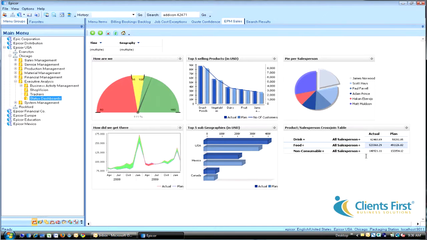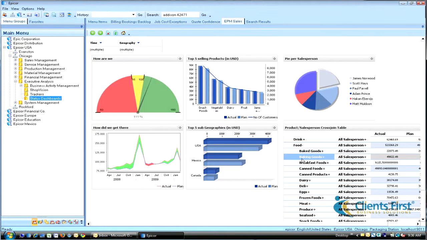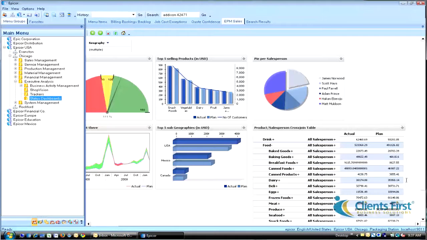Over here, we see our drink sales of actual versus plan versus our food versus our non-consumables. If I were to click on food, I can now expand this, and I would see our details of food groups such as baked goods, breakfast foods, and so forth. And we'll just scroll over so you can see a little more. Now within baked goods, we sold actual $22,000 worth of product. If I click the plus sign on salesperson and expand,